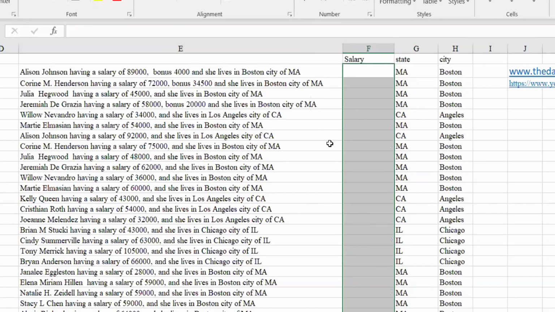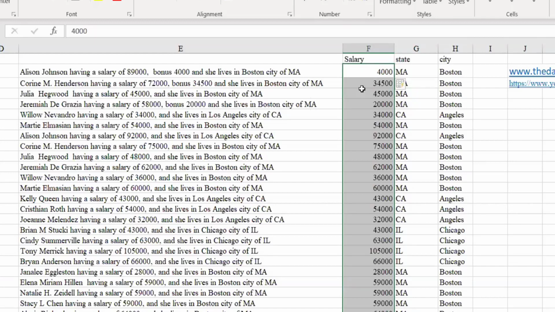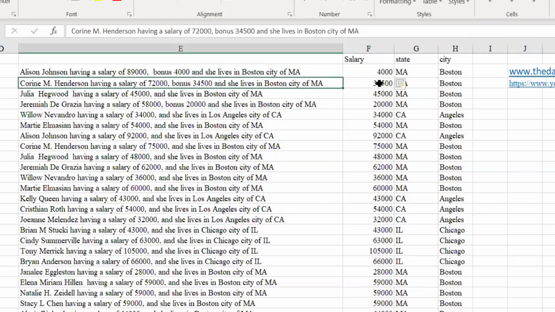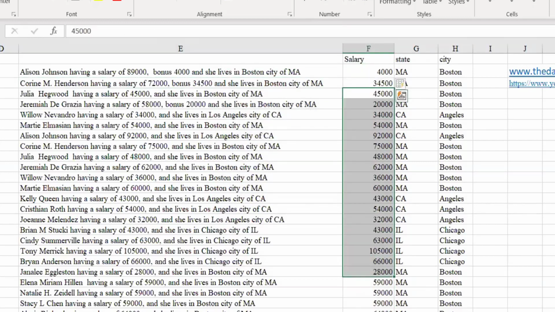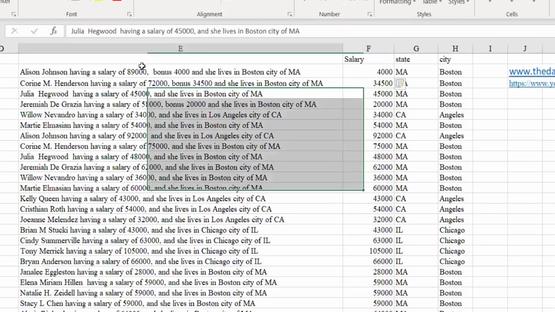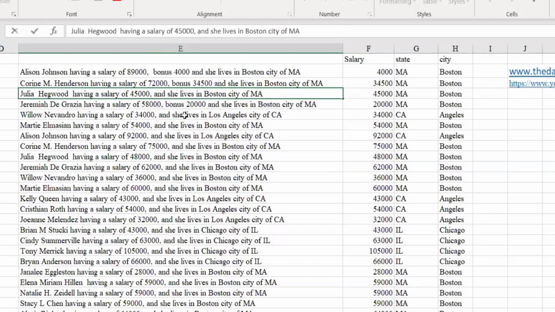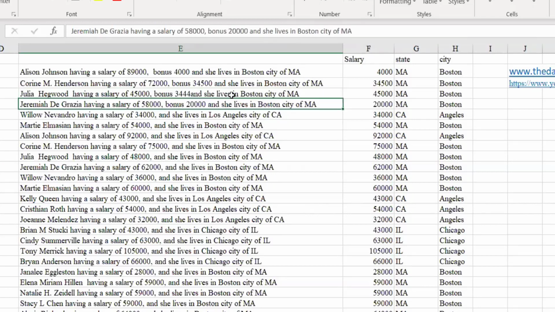And instead of 89,000, if I put 4,000 here, and if I try to put the pattern, it's not able to. Here it could recognize, because here it is the second number. When there's a second number, it changes. It is not available, so it gave the first number itself. So unless the data is in the same style, you don't get it properly, I guess. So let's see.